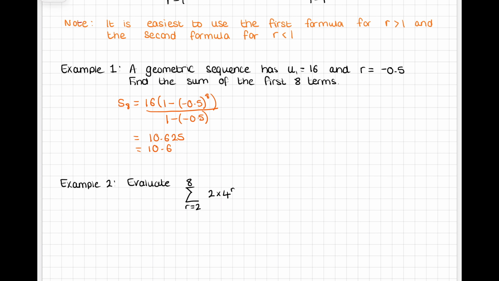Example 2, we've got a sigma notation, just to have a look at that. And we're going from terms 2 to 8, and we've got 2 times 4 to the power of r. So our sum is going to equal, and then we're just going to put all our values in. So 2 times 4 to the power of 2, plus 2 times 4 to the power of 3. And we're going to carry all the way up to 2 times 4 to the power of 8. And when we calculate that, we will get an answer of